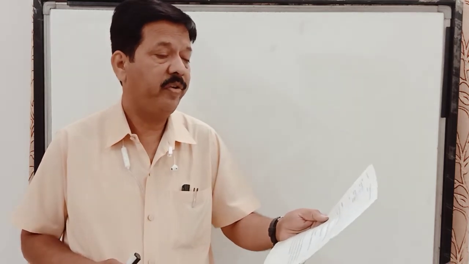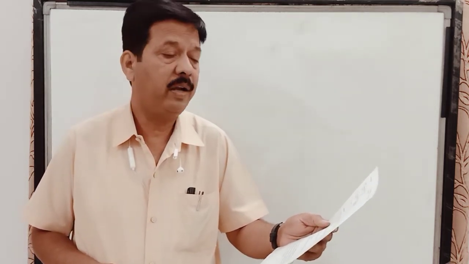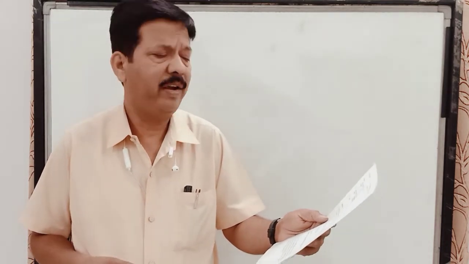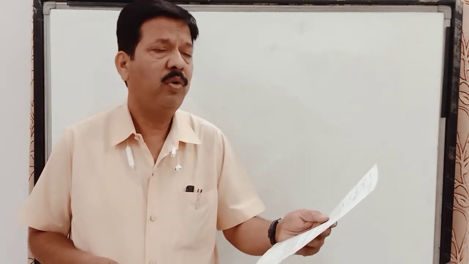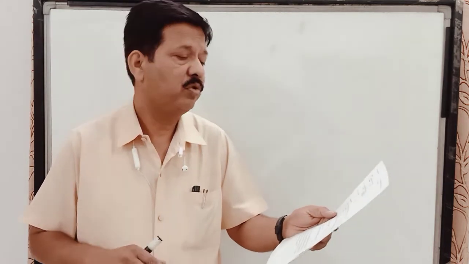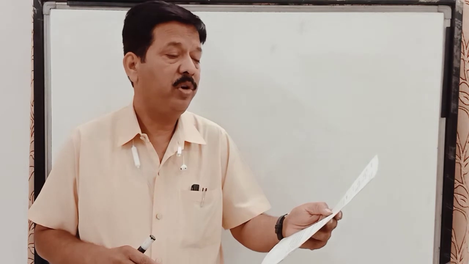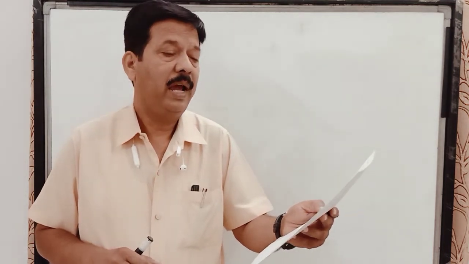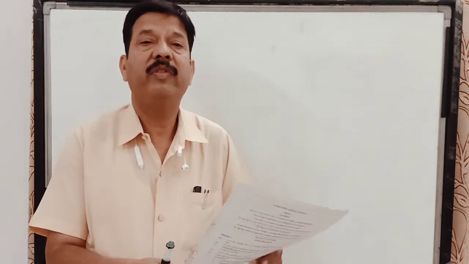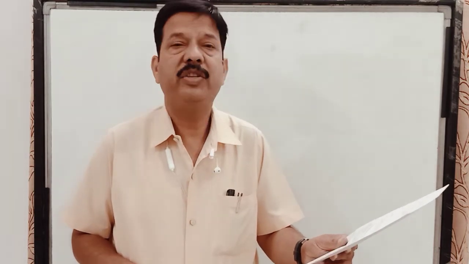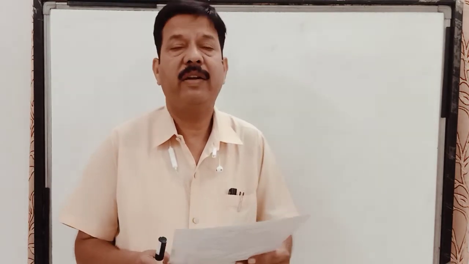Number one, to generate and display the first 10 terms of the Fibonacci series, and Fibonacci series we already have done. Say for instance 0 1, then we have the sum of the previous two numbers: 1 2 3 5. The first two Fibonacci numbers are 0 and 1, and each subsequent number is the sum of the previous two numbers. And the second program is to find the sum of the digits of an integer that is input.